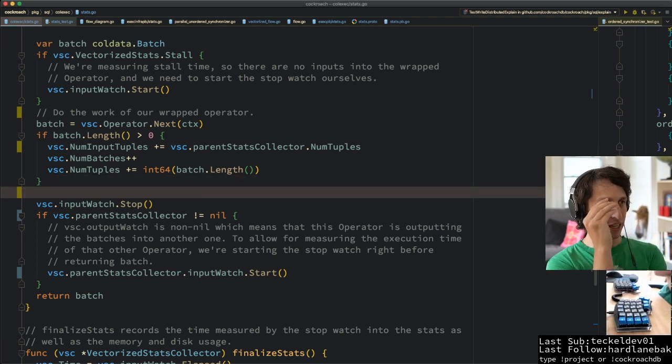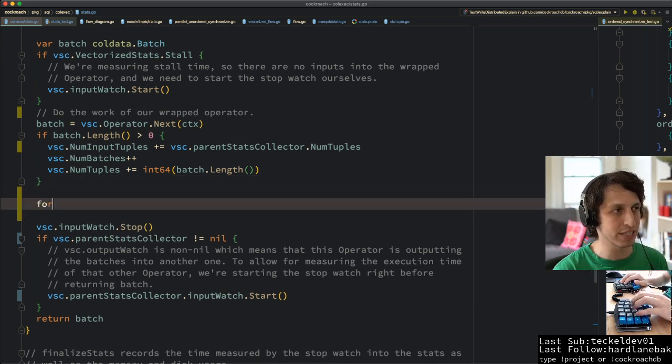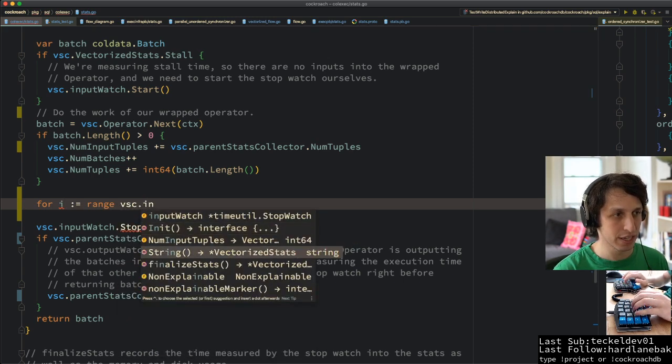Anyway, here's another slight complication. Let's say we did the obvious thing and iterated over our input stats collectors like this. For i in range esc.input